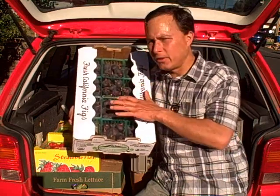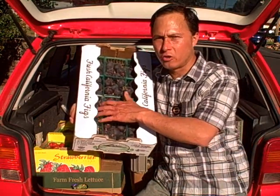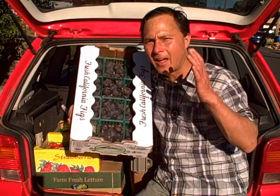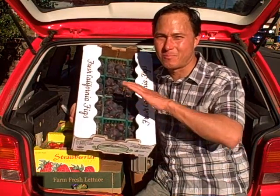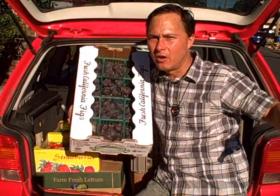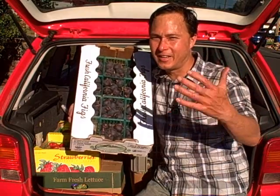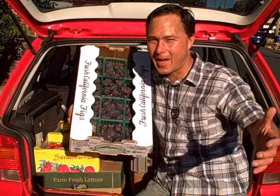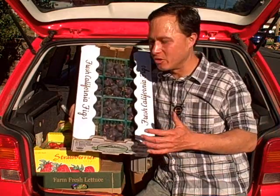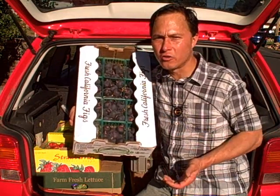All these figs will probably last me about a week. I can't say I eat one carton or two cartons a day. I like to have food in abundance, so I just buy a lot of food and have it all laid out, whether in my fridge or on the shelf, and I see what I feel like eating. I also take into consideration what's ripe and what's going to go bad, and I need to eat before it does. On these figs, I'm going to take 2-3 cartons worth,